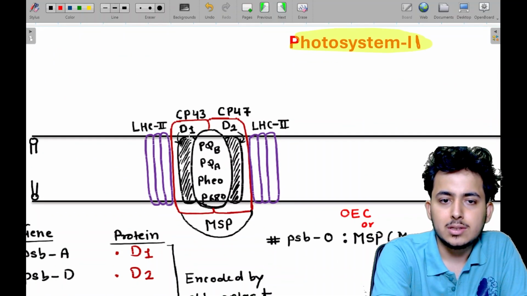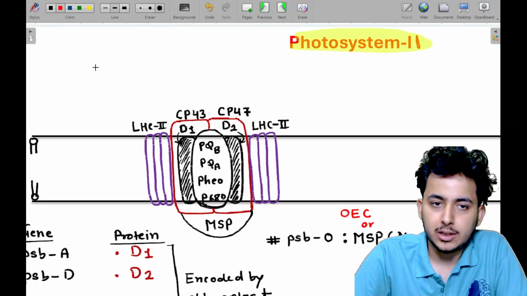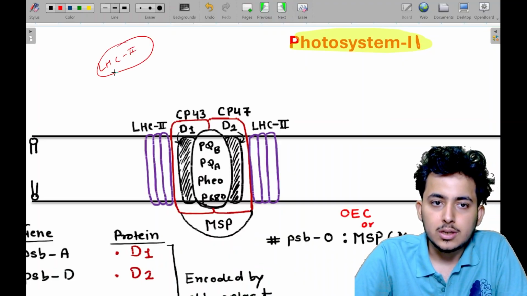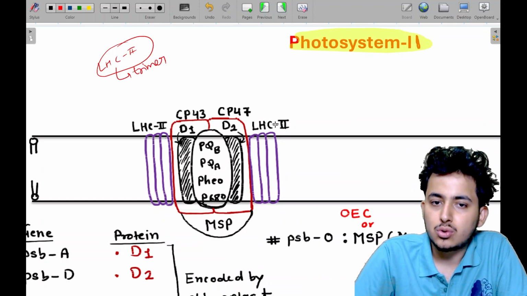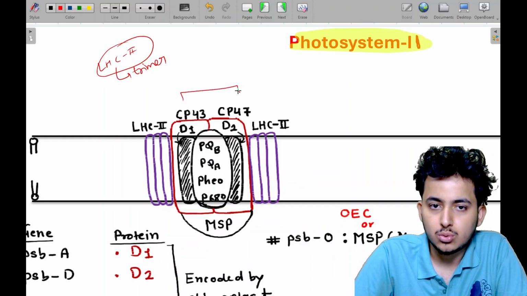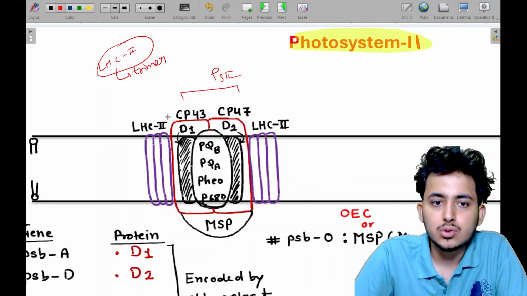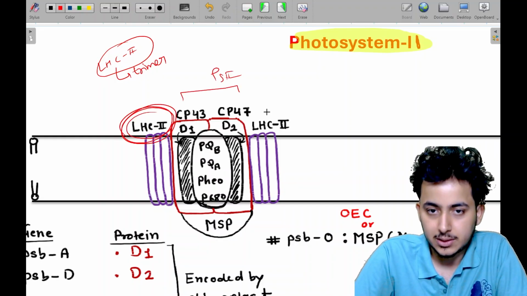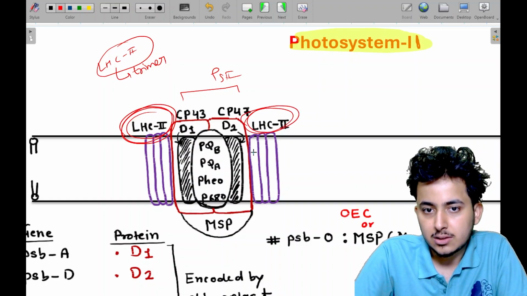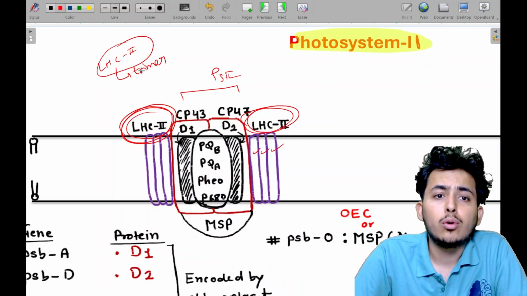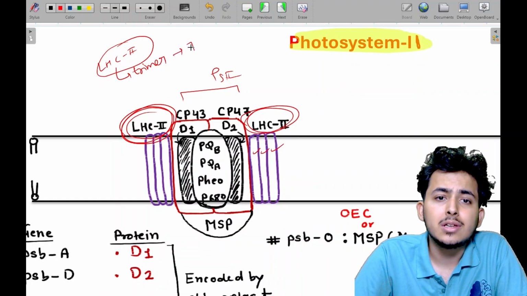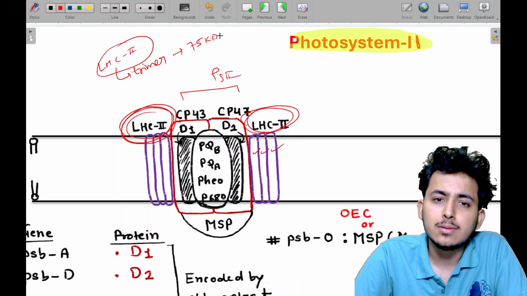I have told you that LHC2 is a trimer, right? This whole PS2 is associated with light harvesting complex 2, and this is a trimeric molecule. I also told you the overall molecular weight of the trimer, 75 kilodaltons, in the previous lecture,